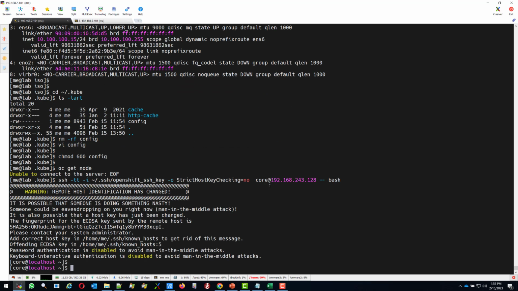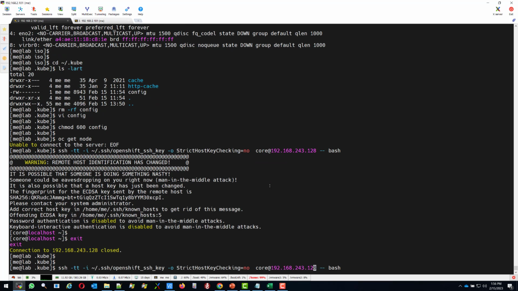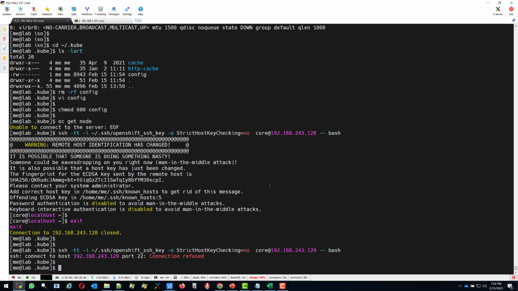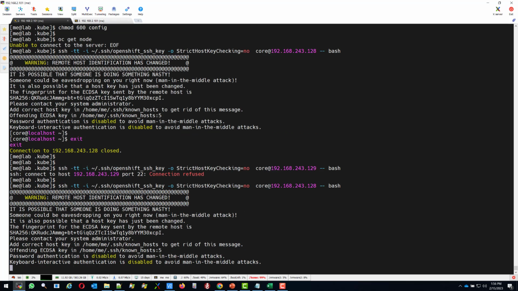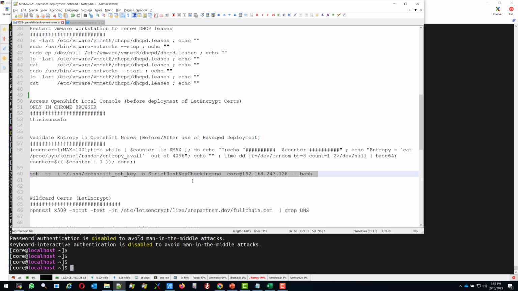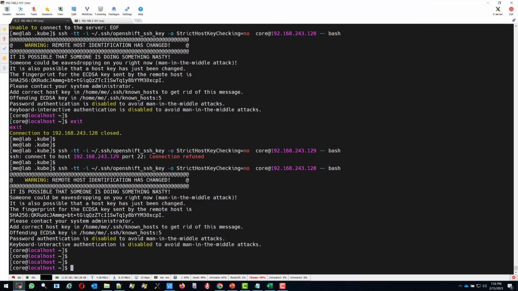Okay, that's CP1. I'm going to CP2, which is 129. Okay, that one's not up yet, so let's go into the bootstrap node. So this is the bootstrap node, very first one. I'm going to showcase the entropy here. I'm going to emulate a password change 1,000 times. If this was a system that had an entropy pump, the daemon was running, it would get it done in